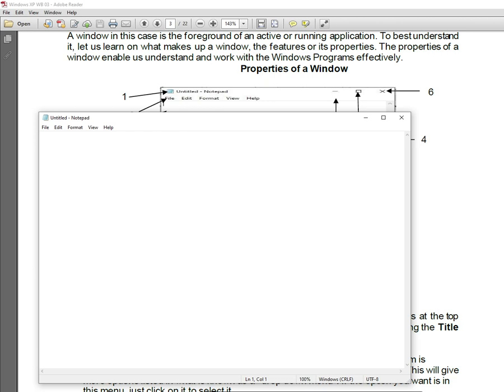So regardless of the application you're using, for instance the notepad that I've just opened, you go to file and you'll see a lot of options, and you can also open a new window, save, and so forth. This is more like a menu whereby you can do things like saving, print, or also exit if you are not using that window. And this is standard even if you go to Excel. You go to